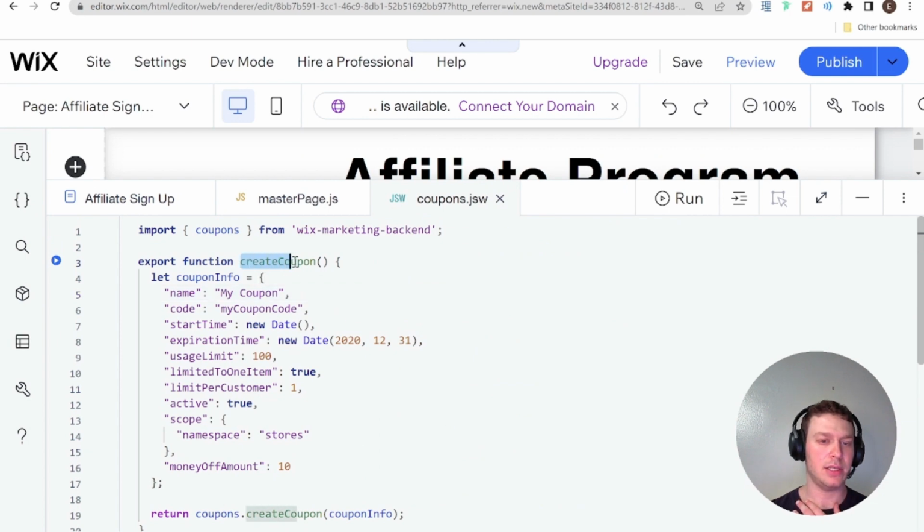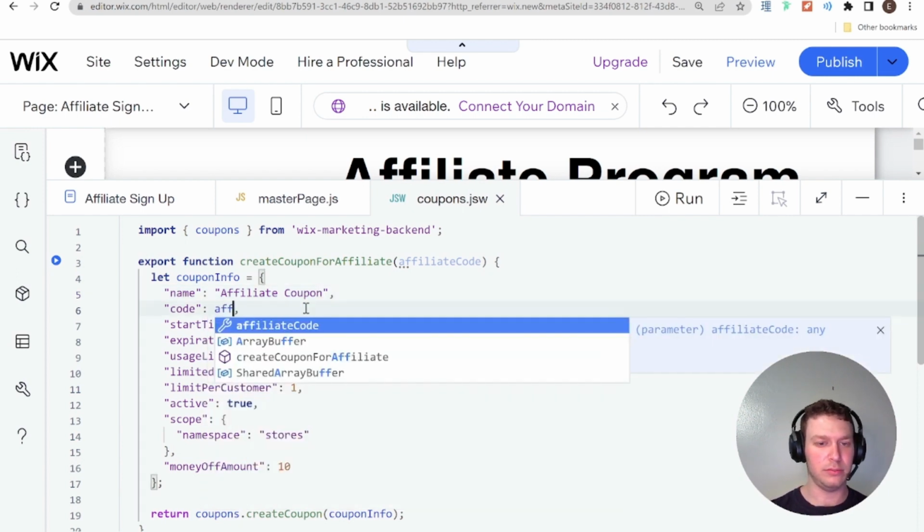Inside this create coupon function, I'll say create coupon for affiliate, because we might have other coupons that we're creating on our site for other purposes. Here we're going to have the affiliate code, and then the name will be, let's say for example, affiliate coupon,